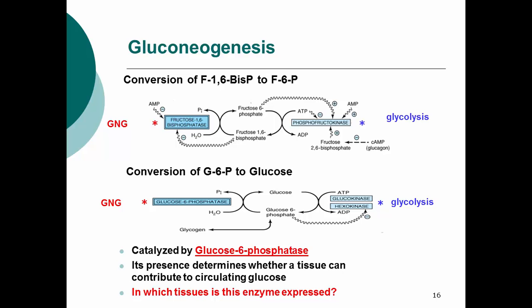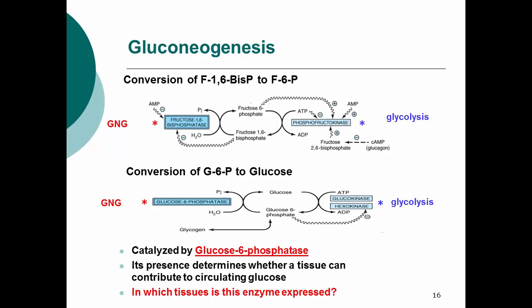So this is again the key enzyme in the gluconeogenic pathway. And in parallel, phosphofructokinase 1 is the key enzyme in the glycolytic pathway, right? And it catalyzes the opposite reaction. And the second